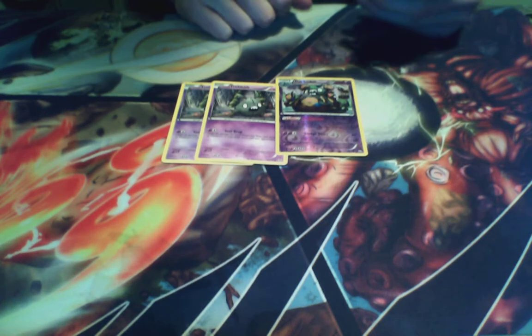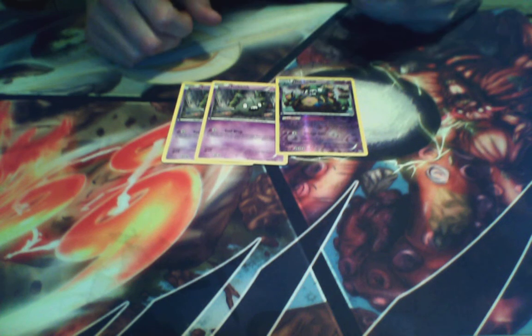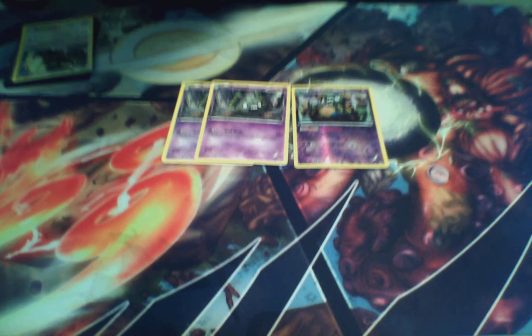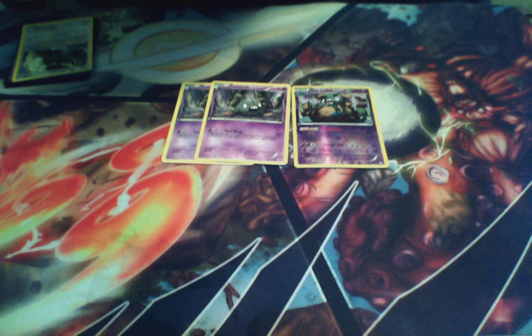But anyway, I've got 2 Trubbish and 1 Garbodor. A lot of people do a second Garbodor. I think 1 is enough, but if you want to do 2, you can. Some people don't like having 1 because it could be prized, and then your matchups against decks with abilities that you really need, you basically lose. But I think 1 is enough, and I feel like my Garbodor gets prized a lot more when I have 2,